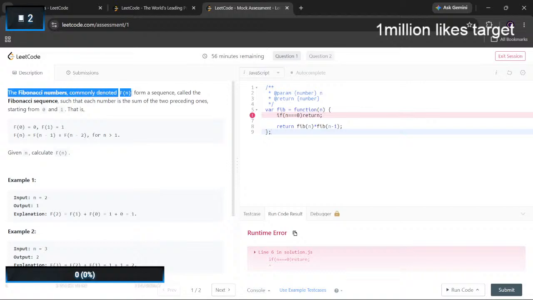Fibonacci number is commonly denoted as f of n and forms a sequence called the Fibonacci sequence, such that each number is the sum of two preceding numbers.